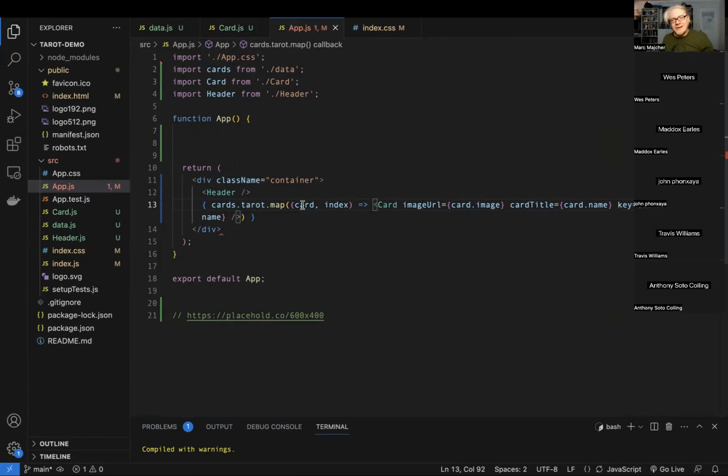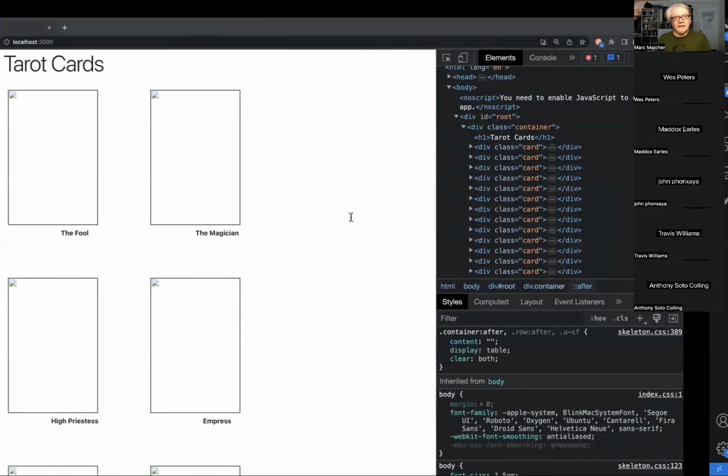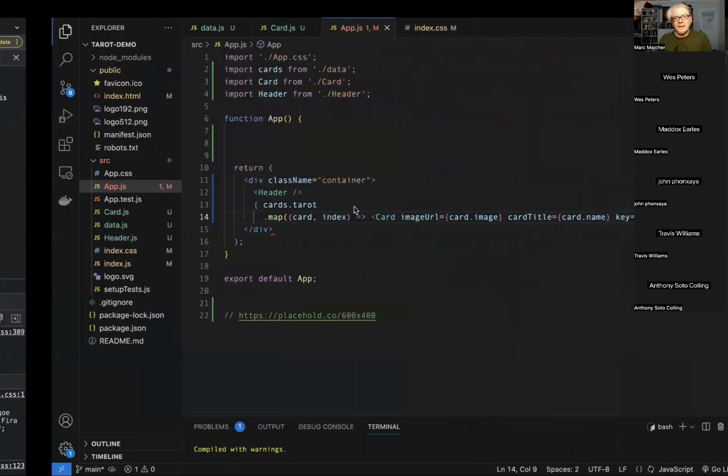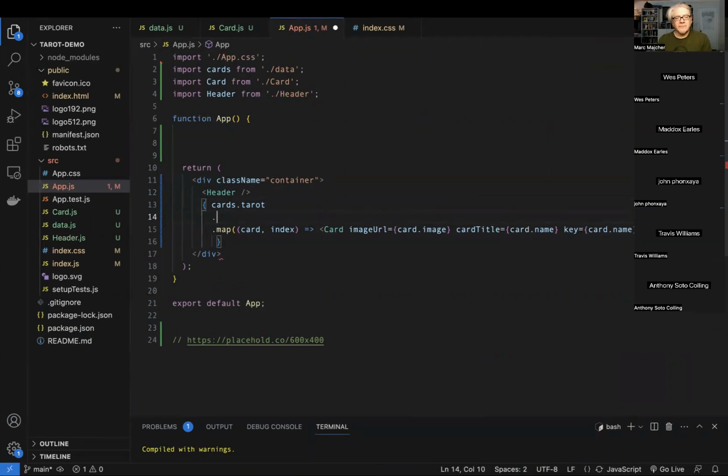The other cool thing I didn't really mention is that these array methods chain. So we can do this and get our list of stuff here. If we only want the odd numbered cards, we can do a filter. Well, we probably do it before, right? We can say cards tarot filter. And we don't have numbers. We're gonna say for each card where